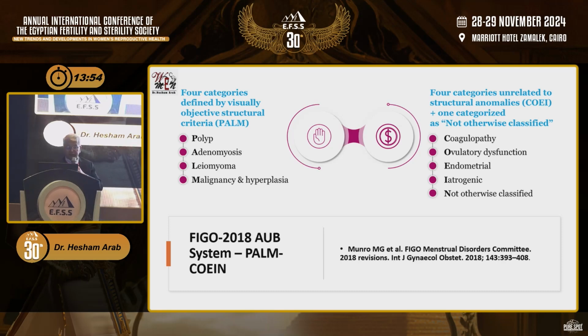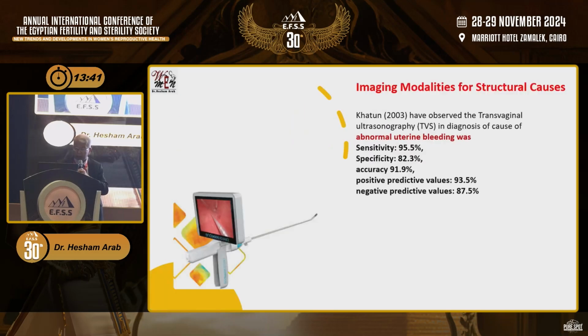And here we can see that these structural things, if we can exclude them at once, this is how we approach. We had in our guidelines about 9 sections, each one including one of those letters in order to approach. So first of all, the simplest thing is to exclude the structural problems. We know very well the imaging modalities that we have. First thing first is really the ultrasound, which comes in handy. You can do it by yourself in the office.